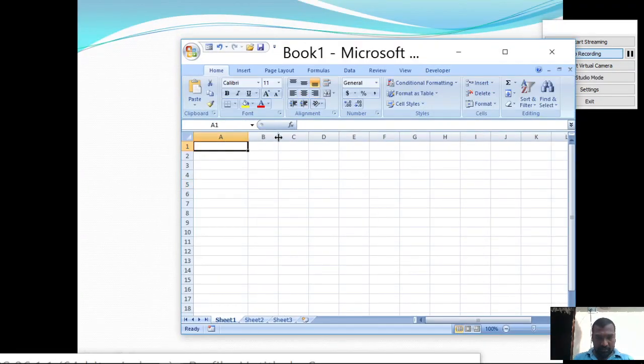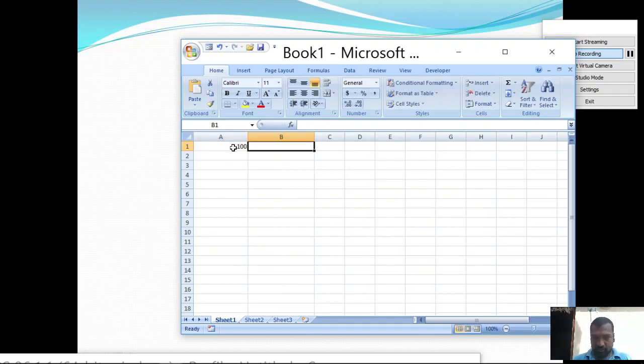So for example, here I am typing 100 and here I am typing 200. Before that, on B2, which is highlighted, I am writing the equal to sign. Whenever you type an equal sign, Excel will know that we are going to enter some formula. So 20 plus 2, and I am hitting the enter button, so it is going to display 22. So this is one way of performing an addition operation.